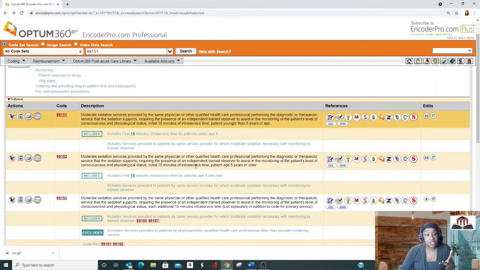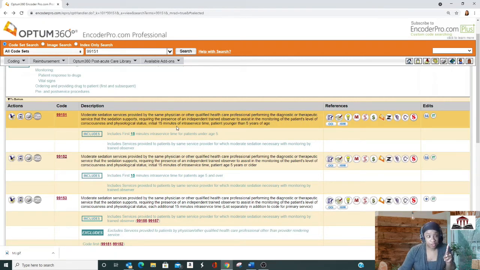Now, some key things you look for in order to arrive at the proper sedation service. That first part, you've got to determine what's the role of the provider. Am I doing just the sedation, or am I doing the sedation and the monitoring? And when I say that, clearly you and I are different people, but in a practice, if it's your nurse practitioner, or even another one of your providers who's doing the monitoring or the observing to keep an eye on the patient's vital signs, you bill and you operate as one. So you want to use the first code set.